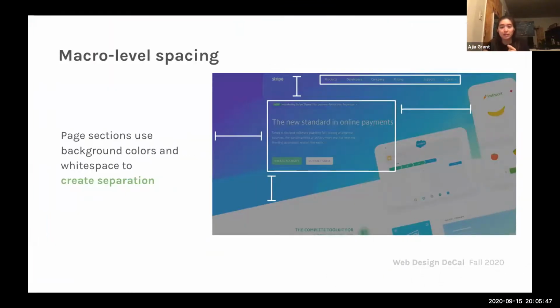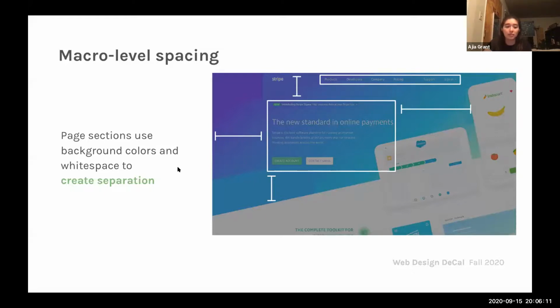So macro level spacing, again, is page sections. They have it clearly denoted without having strict boxes visual to us. We put a box around it so that you could see where the navigation bar is, where the text is on the page introducing who they are, what they do, what's unique about them in a really concise way.